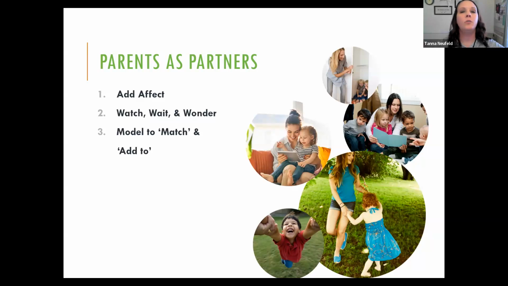And I like to think about two types of modeling when I coach families. The first one is modeling to match. And so I want to keep things very simple. What is the one word that best fits what this child is communicating to us? Maybe it's tickles, maybe it's more. Let's contingently match what we say and what we show on the AAC tool directly to what that child is signaling to us. And then the second strategy I like to use is add to,